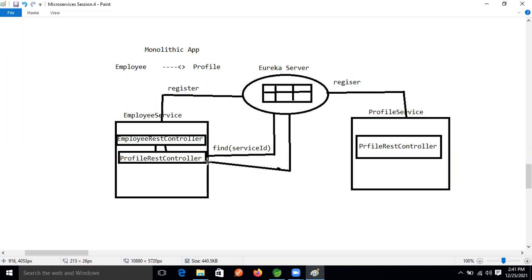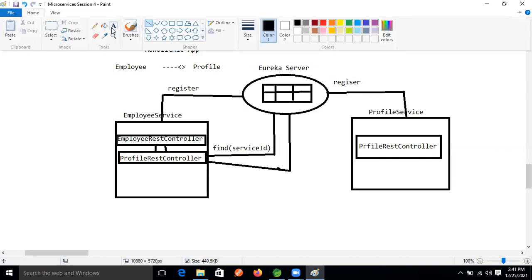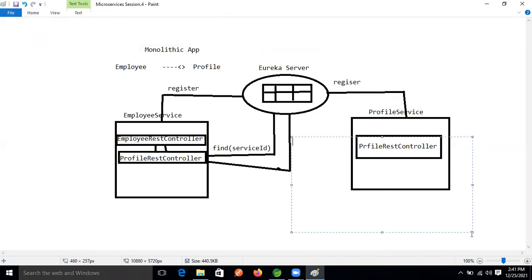It will return a list of service instances for the service ID.